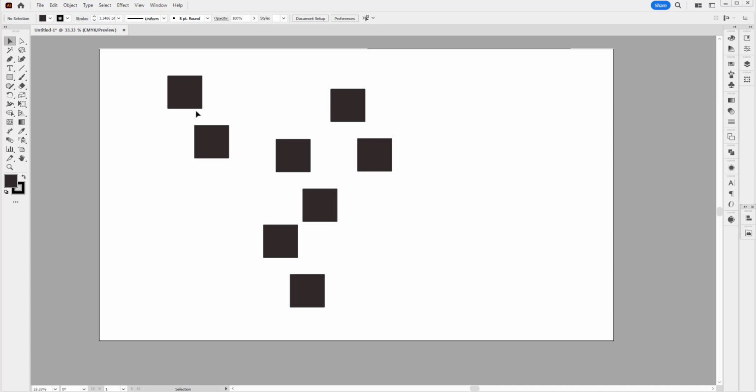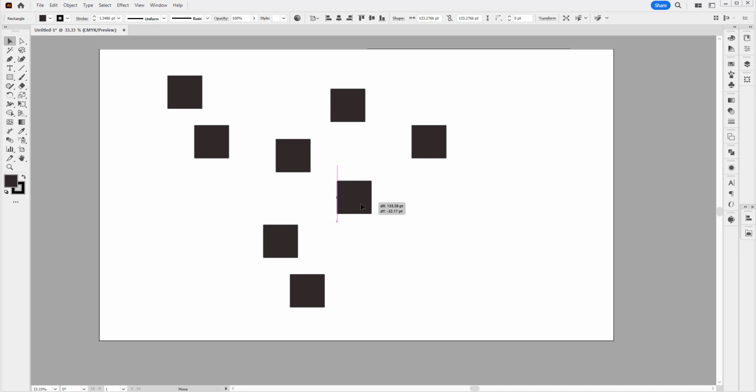So if you want to change the color of this one or a specific triangle, square, so this one,